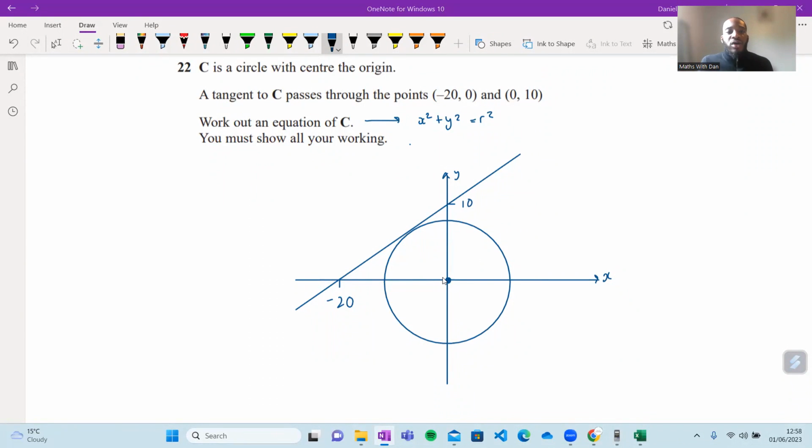Exactly. Thank you very much, Nidio. The radius and the tangent intersect at 90 degrees. They meet at 90 degrees. They are perpendicular to each other. Thank you very much. Now, it's the same thing with these circle questions, always the same thing, right?